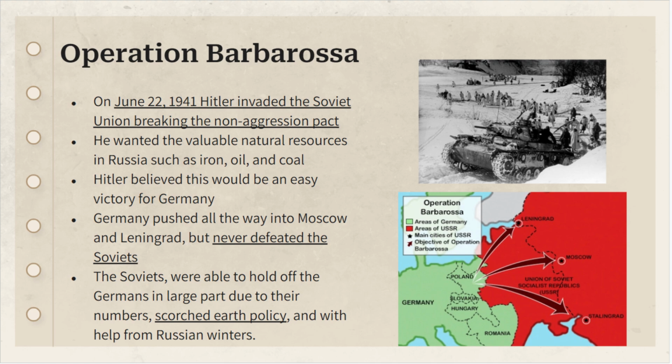So the Soviets are going to fight back with these massive numbers, and they use what's called scorched earth policy, which basically just means that they burn everything before they leave a city, so that the Nazis can't have anything that they had in those cities. And also, the Nazis get stuck there in the Russian winter, which of course everybody knows, don't get stuck in Russia during the winter. And this is one of the bloodiest fronts of the war.